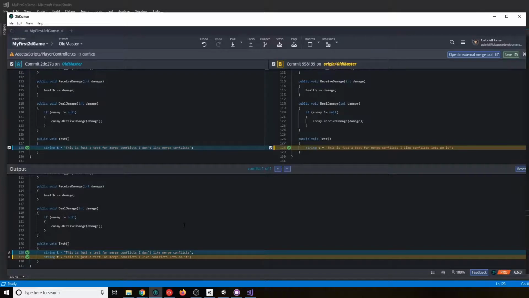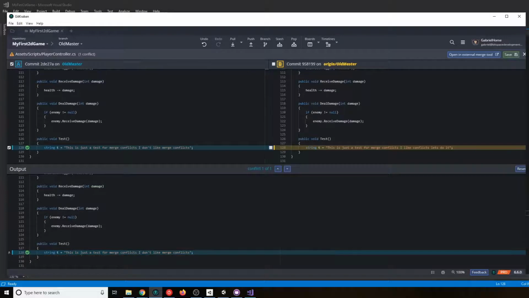So remember, Git is not checking if my code is running or not. Git is just checking for the controlling of the history of my code. For example here, if I keep both changes, I will have two strings with the same variable name, which will end up in an error. But Git doesn't care about that. Git is only trying to figure out what to do with those two changes. So I will keep this one, for example, and say, yeah, I like that. This is how we should do it. This was a previous change that someone did, but we don't really need it anymore.